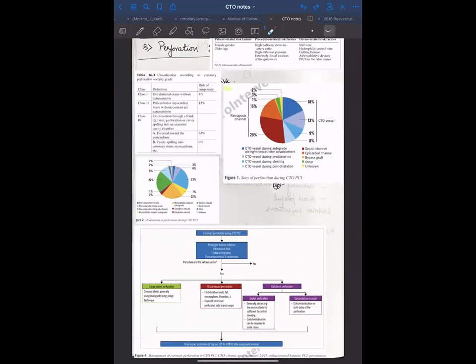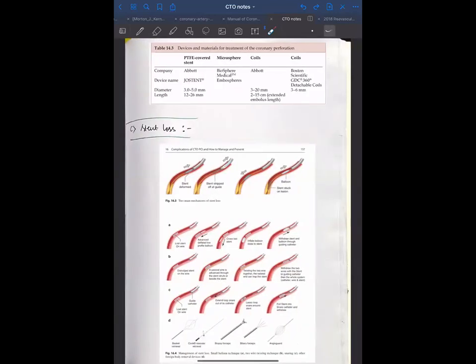So the management is, if there is a large vessel perforation, we use a covered stent. Distal vessel perforation, we can use coils or covered stent also. If the collaterals are perforated, then usually we use embolization coils, and we can reverse the heparin. What can be used is PTFE, Joe stent, which is nothing but our covered stent, Graft Master. Microsphere bubbles can be used, coils can be used, and GDC coils or even detachable coils can be used.